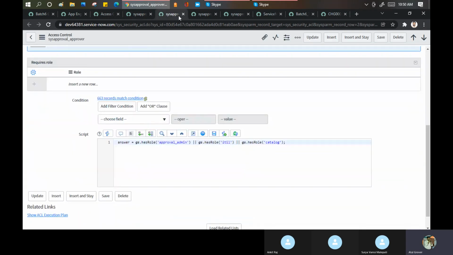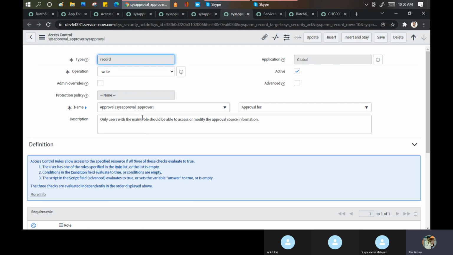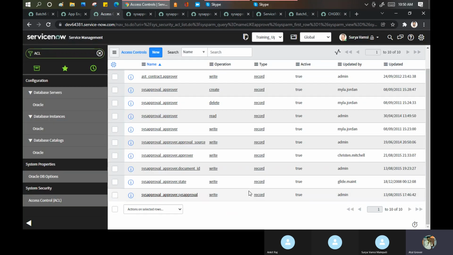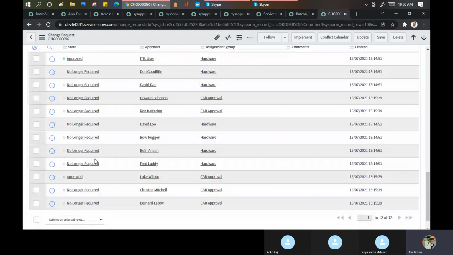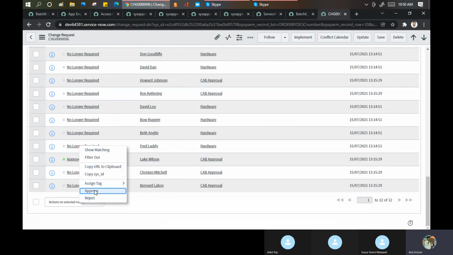This is the same concept. Yes, sys approval admin, approval utilities. Only the user main role should be accessed. Modify this thing. Main is a user. No, I'm not able to get that. But these things which you see here, right click and approve, these things are coming. These things have been defined via